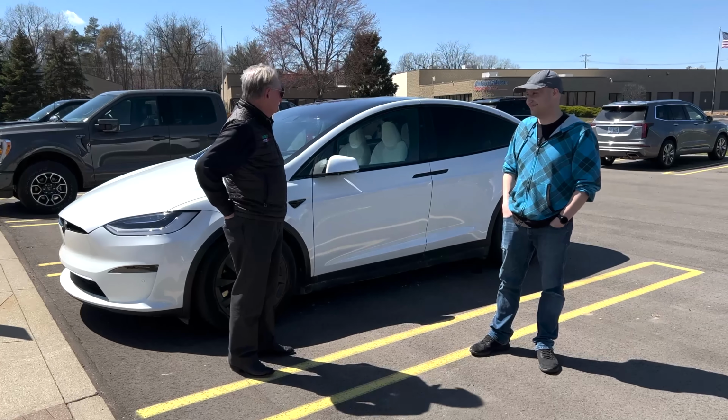I like the color. I'm a big fan of white vehicles. I don't know why, but to me that makes this car look the best. Yeah. So how long have you had it? About a month. We ordered it February 2021 and we took delivery March 2022. This is really and truly the first time I've...